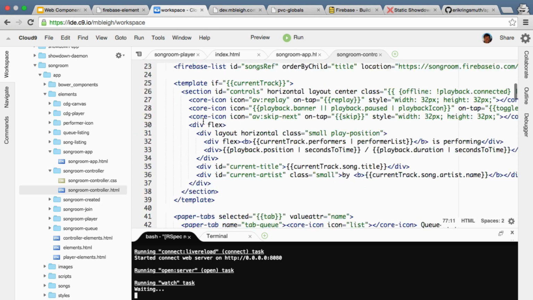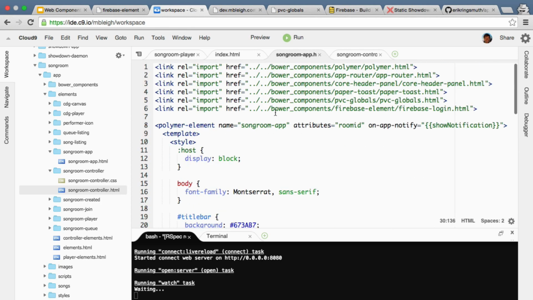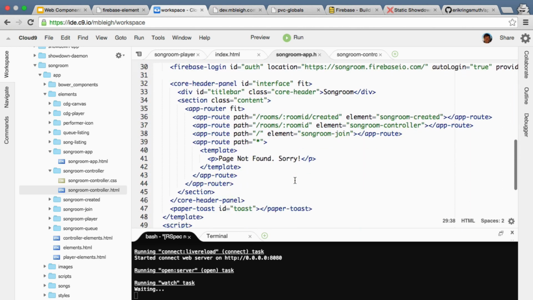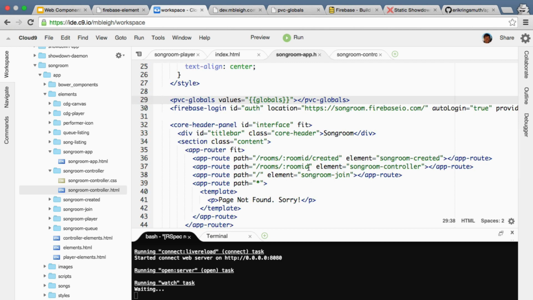We can demonstrate that right back here at the Songroom app. Okay, so here I have PVC globals values equals globals. And so one of the things that I can do with that is in other elements, let's say that for some reason I had a URL that was based on a global. I could say globals.fancyURL or something like that. So you can use it without doing any JavaScript, you can bind it like that to other